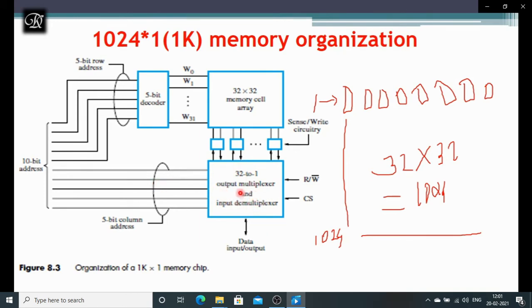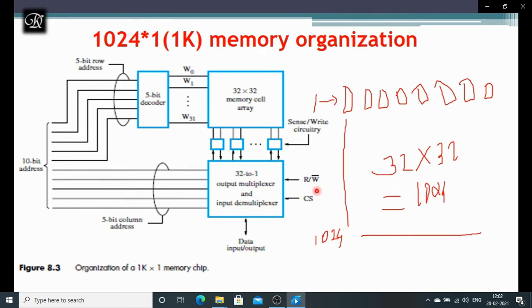I am going to choose one column, and it is having 32 lines, and I am going to read the data from one column. That will be many columns, and it will be given as one output line over here, because I have to choose an individual column over here, as I am choosing an individual word line over here. And the data input and output, which is of 1 byte, I have told over here, so it will be having 8 bits of data lines.